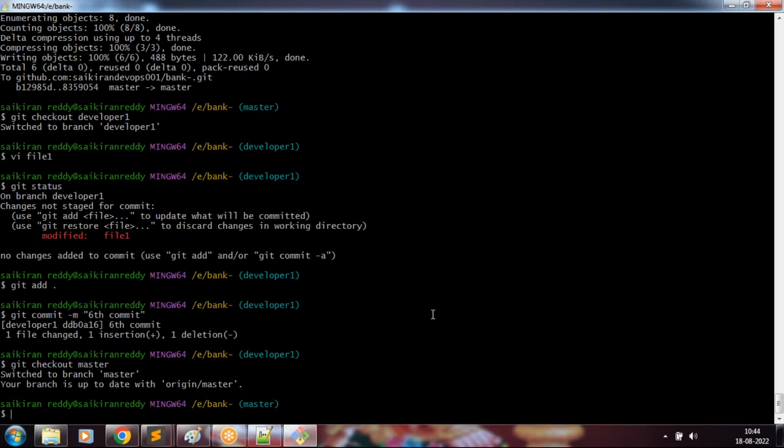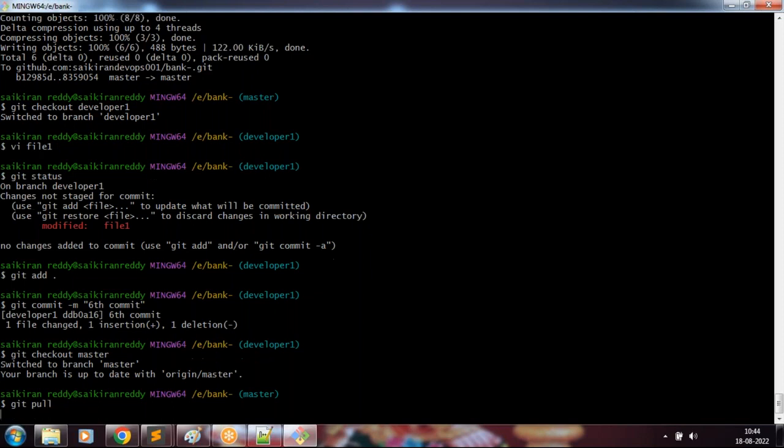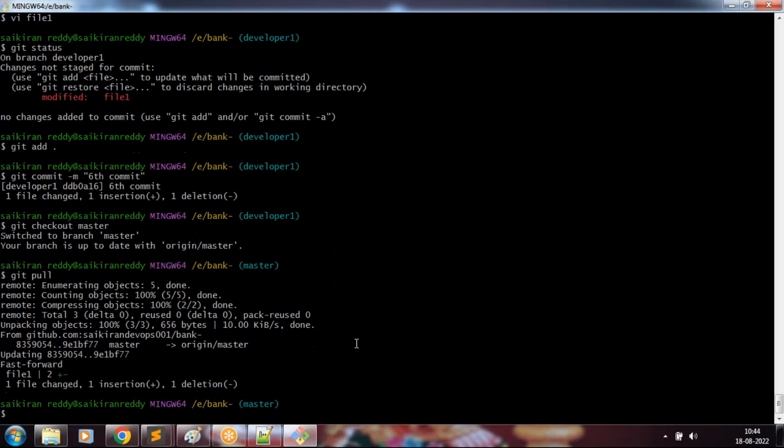He needs to pull the code from the remote repository, so that his changes will not impact the remote repository changes. Okay. Now let's say git pull. So what is the use of this git pull? It will import the remote repository data, and if there is any data like suppose in the master